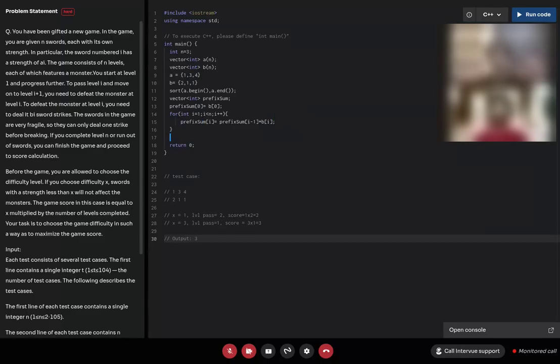So now I'll have every sum value till level i stored in prefix sum, the number of monsters I have.